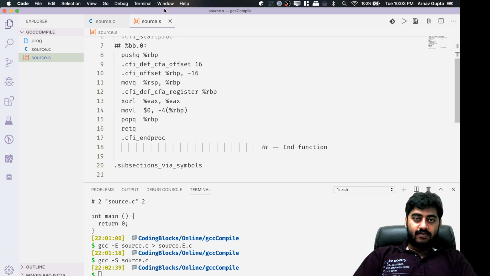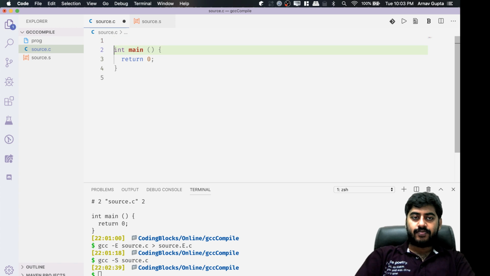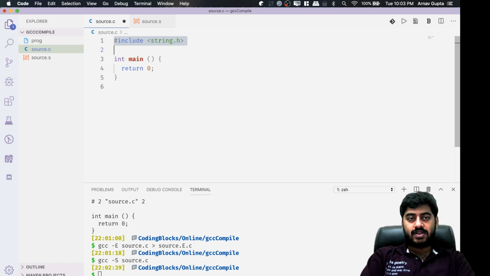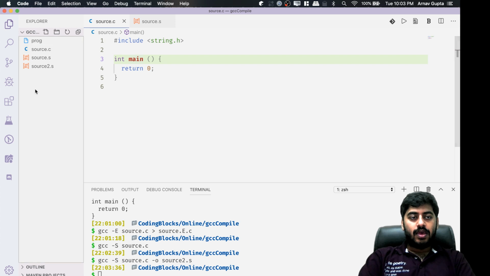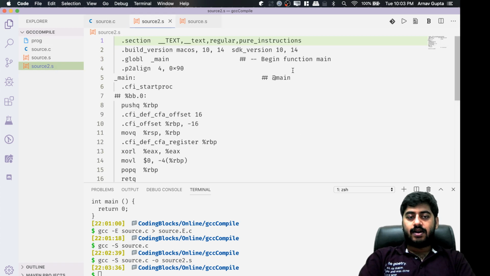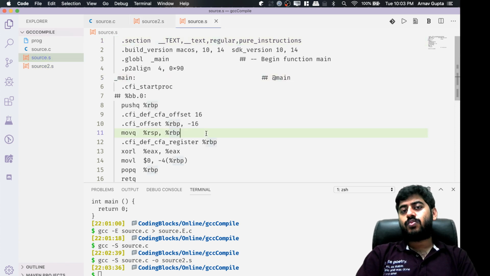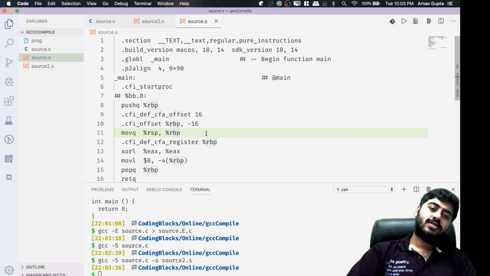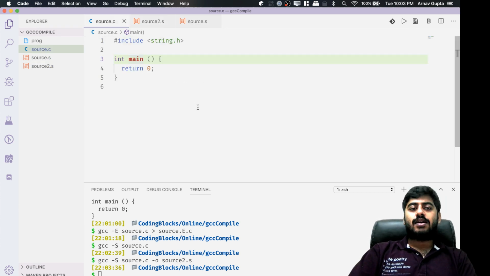An interesting thing is if I include the line that was there earlier in my file, and I create a source2.s file. Source2.s has been created with the string.h file included, and source.s has been created without the string.h file included. And as you can see here, there's no difference between the two files,